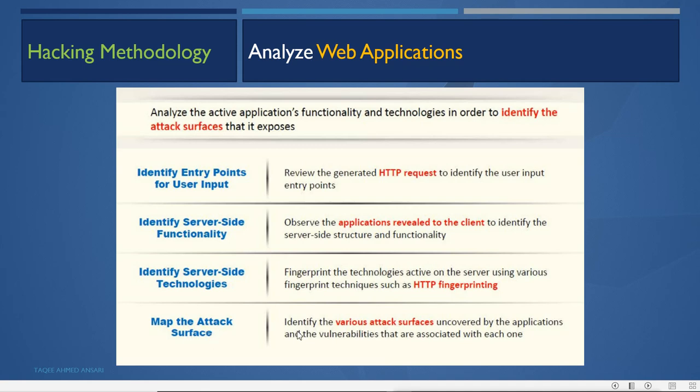According to that, identify the various attack surfaces uncovered by the application and the vulnerabilities associated with each one. So when we find out the application technology, we can map the attack surface, like what type of attack we can do on this particular application.